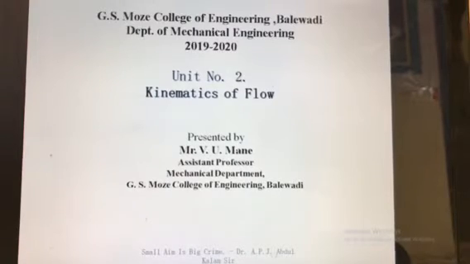This is the motion of particles, but here we are not going to consider the forces which are causing the motion. In this chapter we will see in detail the velocity at any point in the flow field, which is studied in this branch of fluid mechanics. Here we will describe the fluid motion by using two methods. The first one is the Lagrangian method and the second one is the Eulerian method. Now we will first see what the Lagrangian method and the Eulerian approach are.